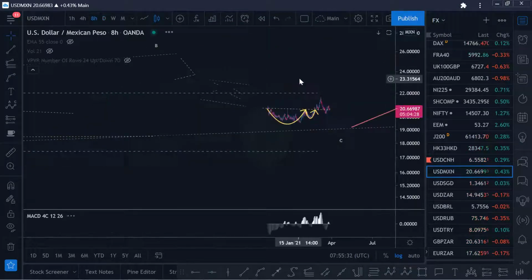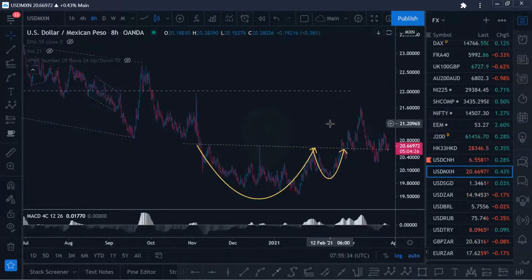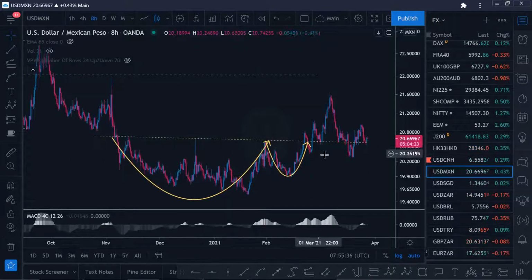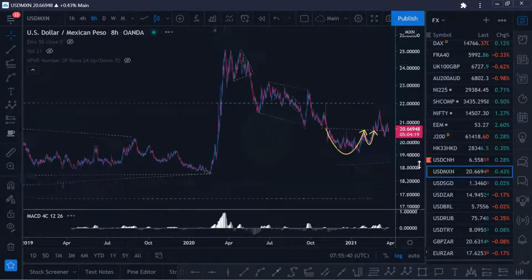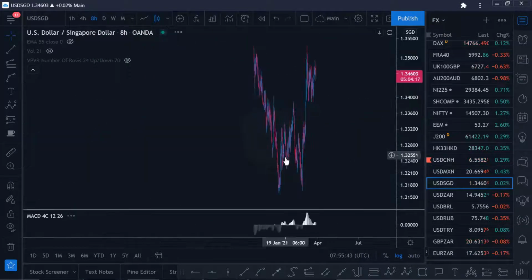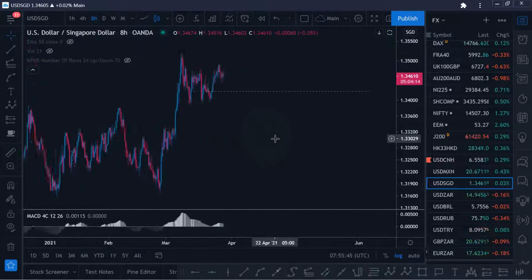When you zoom in, it looks to me like we've had a little bit of a cup and handle bottoming out in the Mexican peso, and we're going to start to rally to the upside from here at the bottom of that structure. When you look at the Singapore dollar, we've had a massive impulse off the lows,